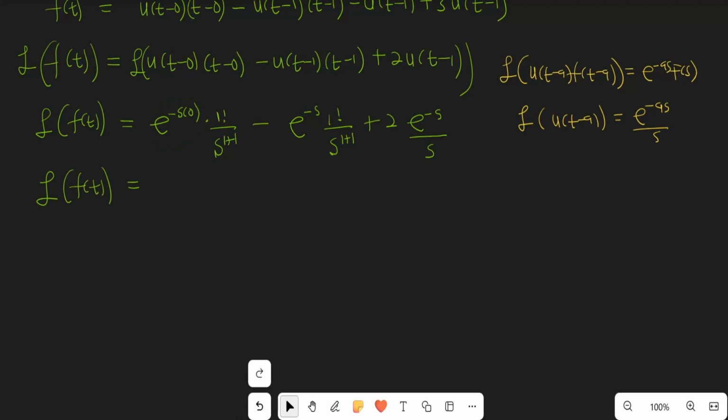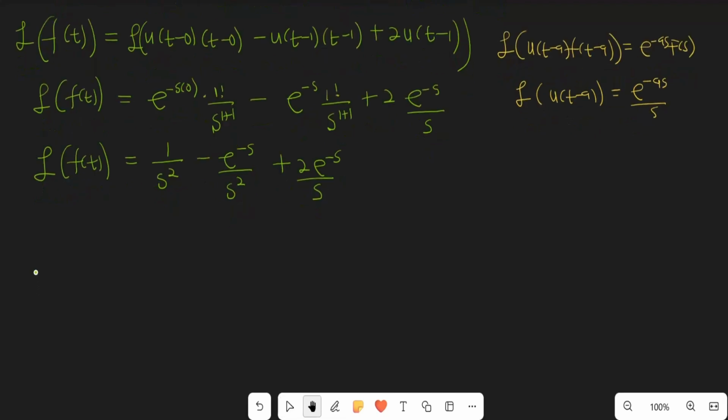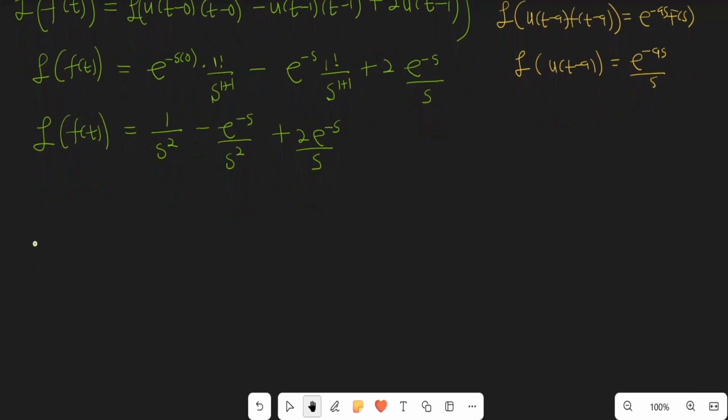E raised to the power 0 is 1. So we are left with 1 all over s squared. This is what we have. And now this one is going to be minus e raised to the power negative s, divided by s squared, right? And now plus 2e to the negative s all over s. So this is what we have for the Laplace transform of the